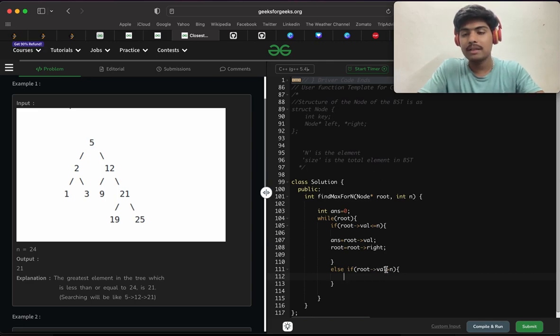रूट की वैल्यू मान लो मेरे पास 7 है, ठीक है, और n की वैल्यू है मेरे पास 5, सो मेरे को रूट की वैल्यू को कम करना पड़ेगा तो मेरे लेफ्ट में जाना पड़ेगा, because I know that the left side of that particular root node should be less than the root data. सो मेरे को उसमें लेफ्ट जाना पड़ेगा, तो उसके लिए root equals to root का left. Done. So what I have done is I have stored here my answer root की value, and